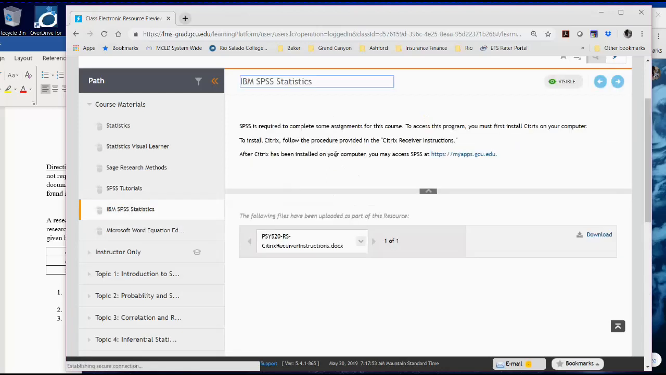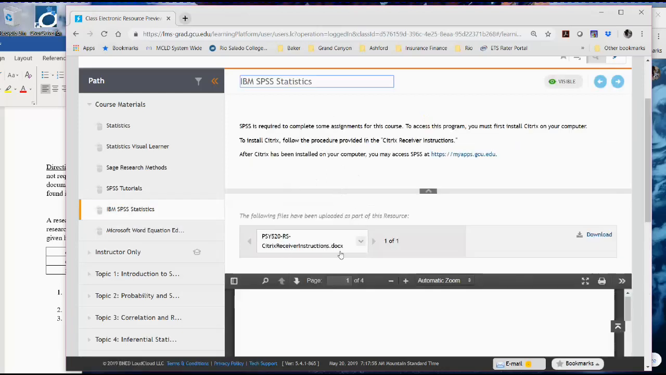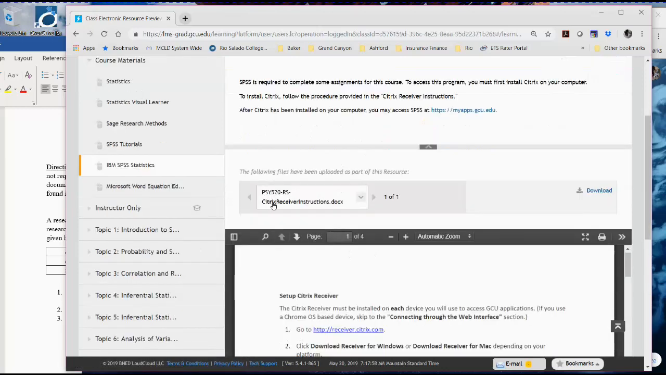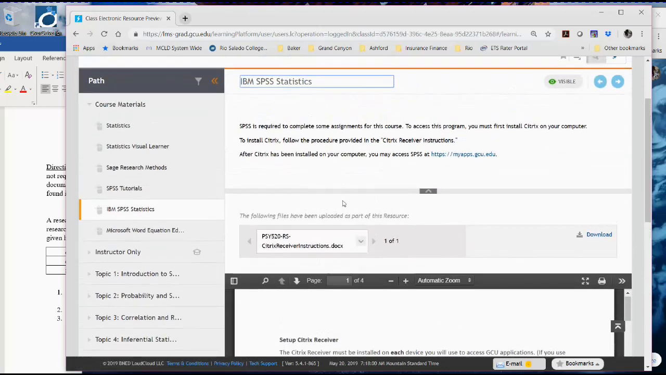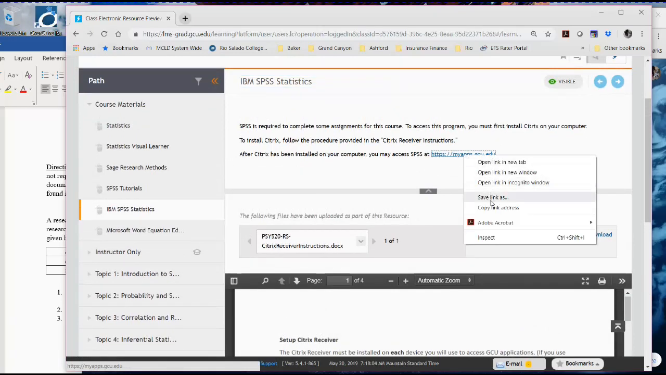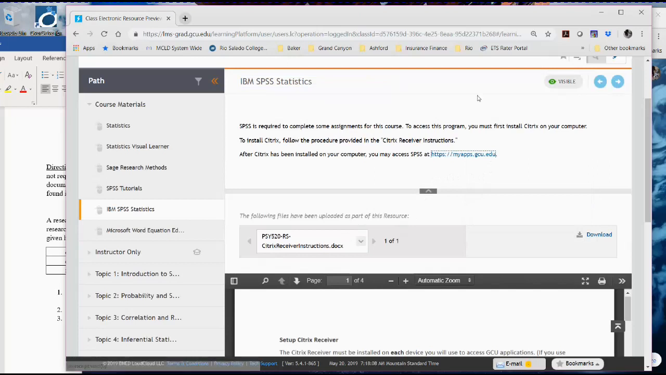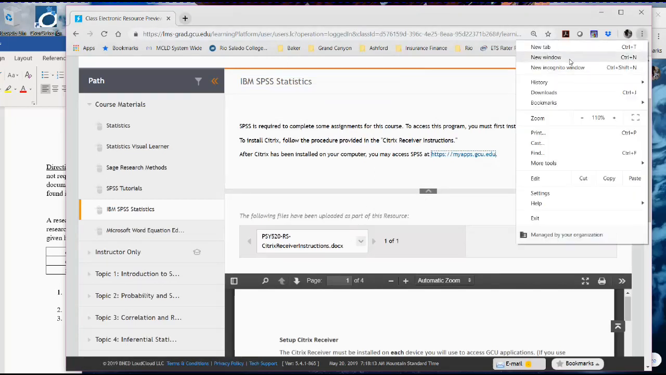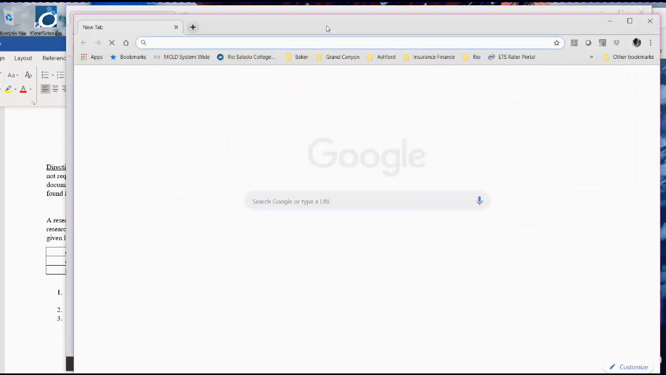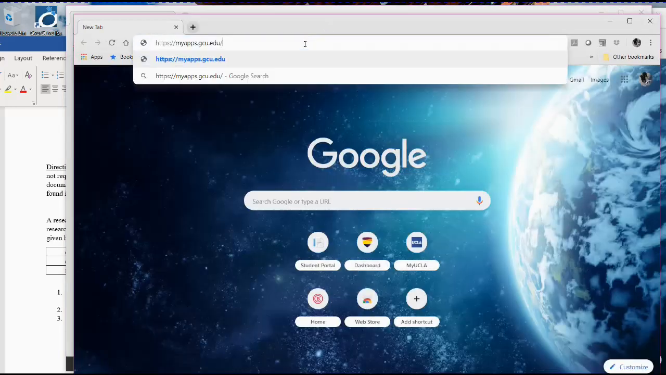This is the link to actual SPSS, and it gives you the directions for downloading what's called the Citrix server. And I'm going to try to do it just right now, see how it works. You got to go to this My Apps. So I'm going to copy this link address, myapps.gcu.edu, and I'm going to go to a new window. I think I already have one here available, but I can just go to a new window. I'll paste that web address in up here,